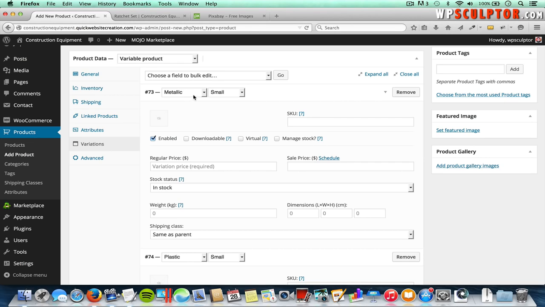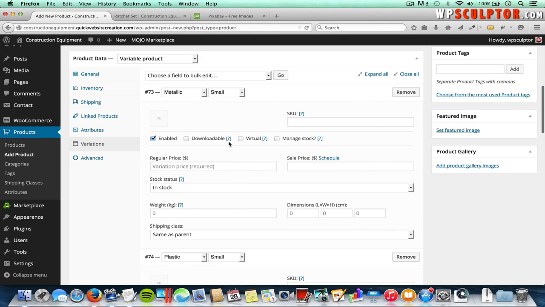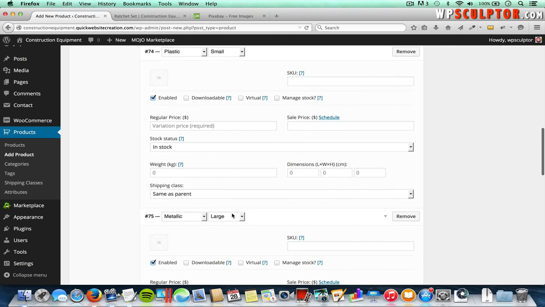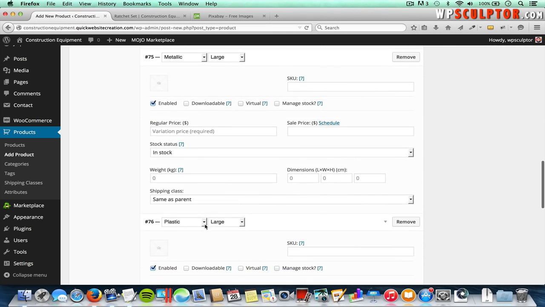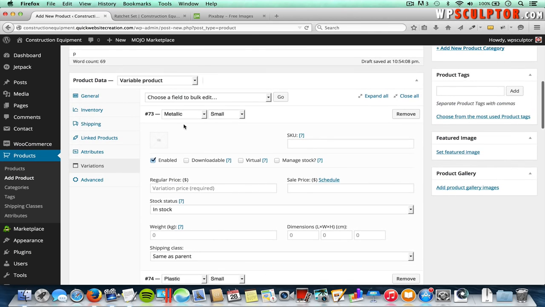So now you can see we have each variation created, and by the way, you might need to click on the arrow to bring down the options for each variation, but you can see we have a metallic small variation. If we scroll down, we have a plastic small, and then we're going to have a metallic large, and we have a plastic large. So I'm going to scroll up to the top here,